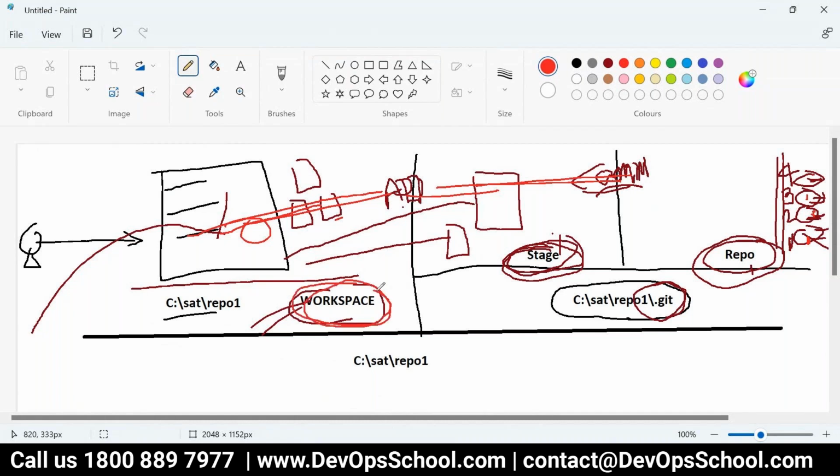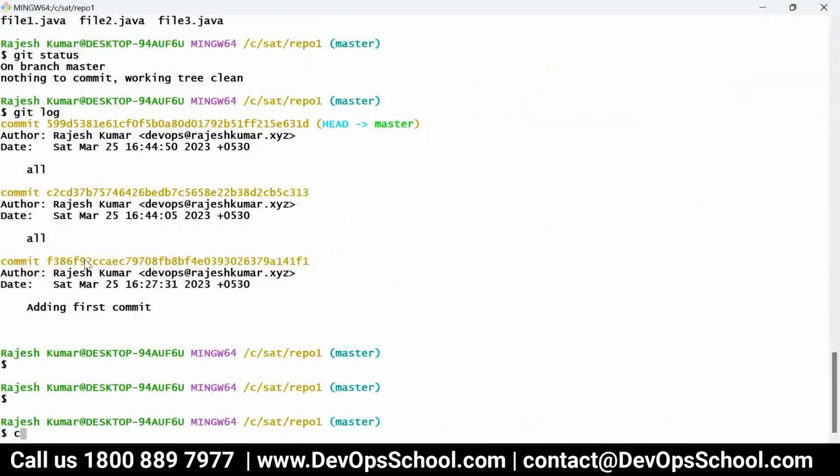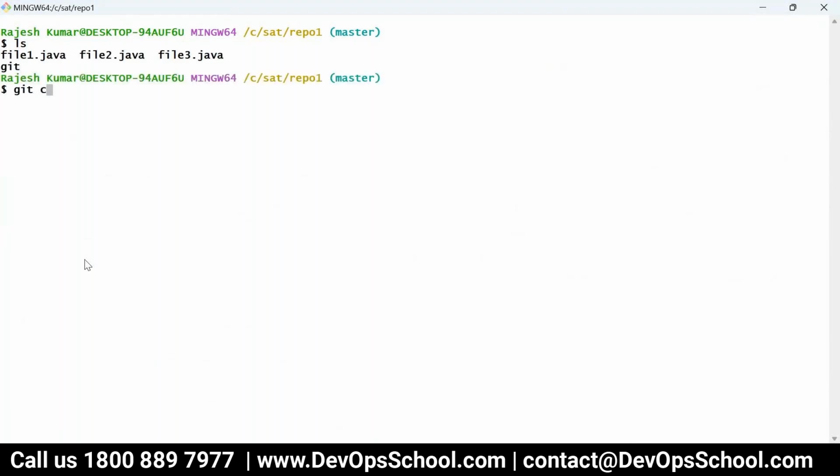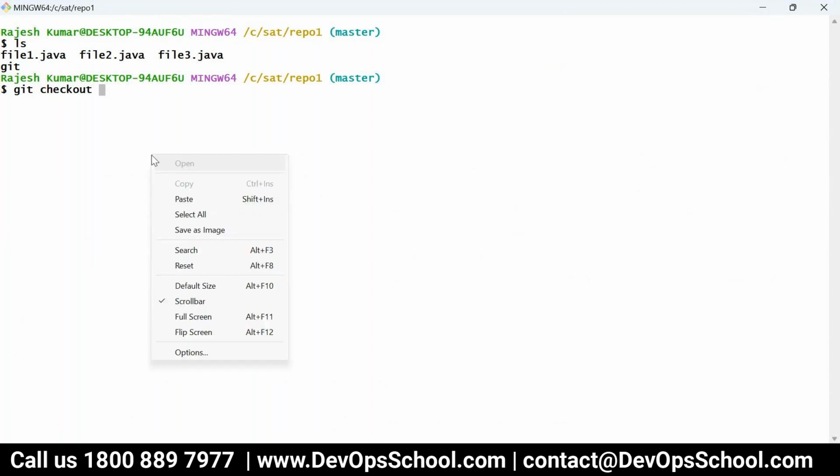So what you want to do now is the reverse order. Do you want to see these changes in the workspace? Earlier you were doing it this way to take a version of your workspace. Now you'll do the opposite way. Now the question is, how do you do that? The command is checkout. Let me show you. This is the commit ID, and I'm doing the reverse way now. See that, git checkout, paste, enter.